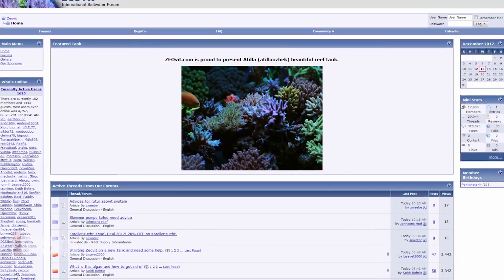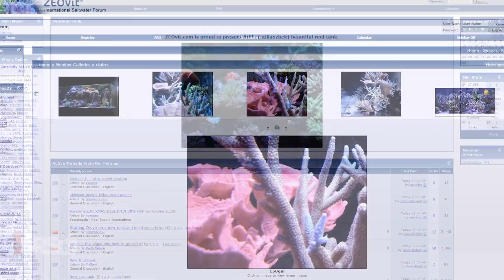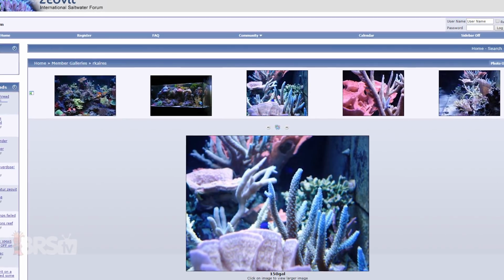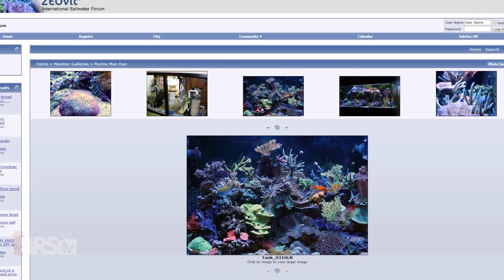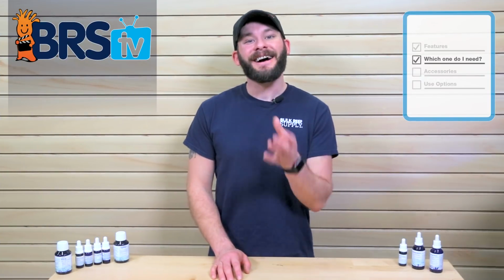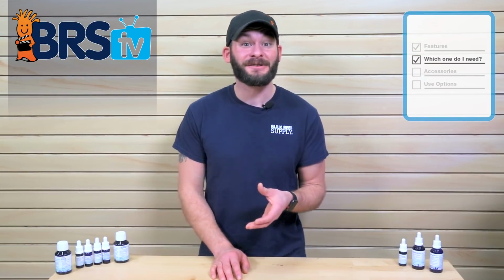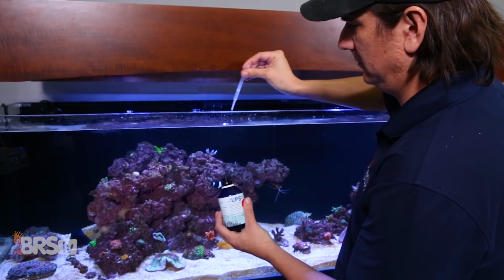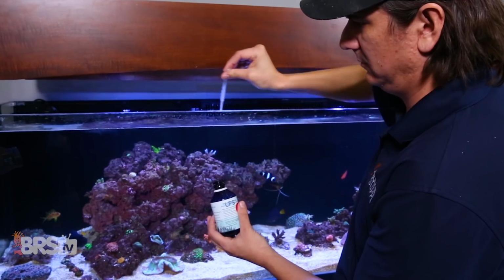And finally, the entire KZ line is backed by a community of reefers who have used these additives in their tanks with proven results almost anyone could be impressed with for over 2 decades. With just a few to choose from, let's talk about which KZ coral nutrition bottles you may want for your tank. As I mentioned earlier, we personally use a few of these on our very own BRS 160 reef tank,